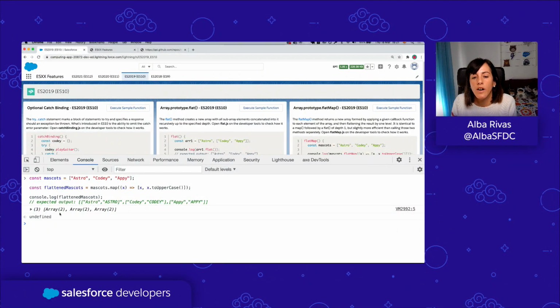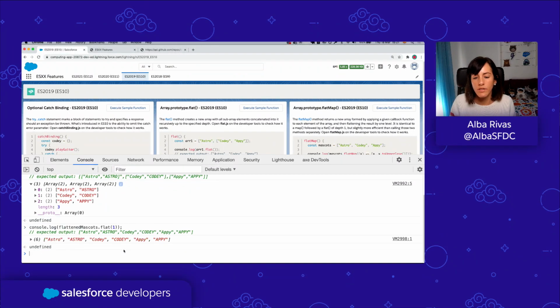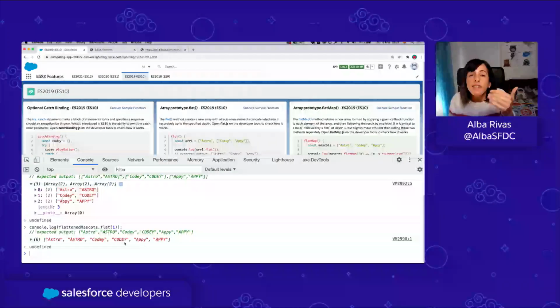This is what we are seeing here in the output, right? And if we then flat the result,